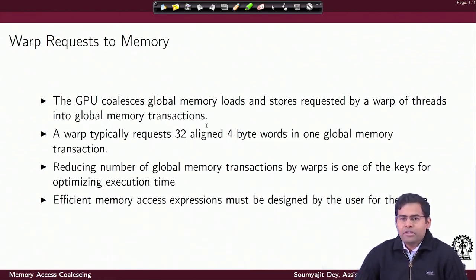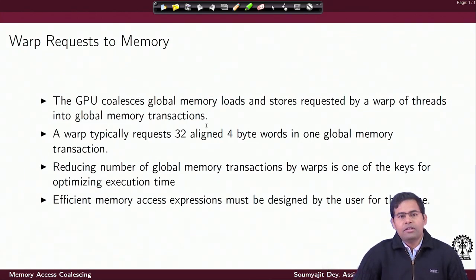The hardware designer knows that the global memory access is slow. So, he is trying to provide the programmer an optimization that, okay, whenever you access me, the access is slow, but I am allowing you to access lot of data points in parallel by giving you a wide bus. What is the width of the bus? It's 32 cross 4 bytes.